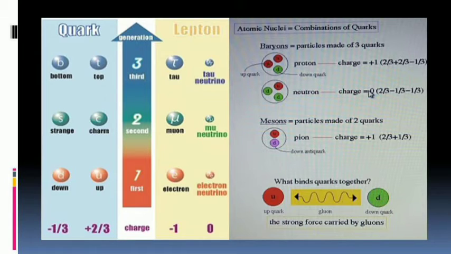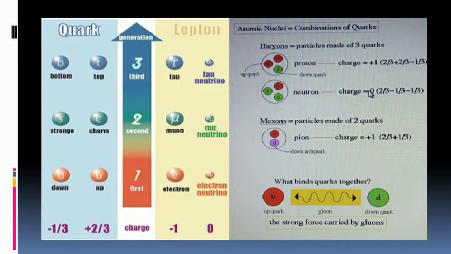Like the pion, another particle which has 1 down quark and 1 up quark, and hence it has a positive +1 charge. The up quark and down quark are bound together by a force which is carried by